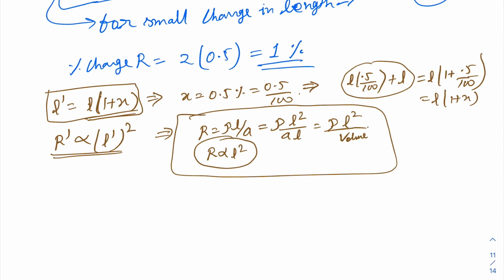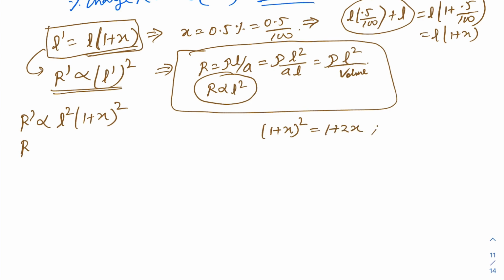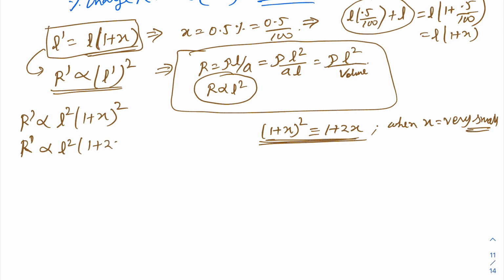सो इट इज वेरी सिंपल। ओके, वॉल्यूम कांस्टेंट हो जाएगा तो L स्क्वायर डायरेक्टली लिख सकते हैं। सो R डैश, L डैश का स्क्वायर हो जाएगा। सो R डैश डायरेक्टली प्रोपोर्शनल टू L डैश स्क्वायर, यहाँ से पुट कीजिए तो ये हो जाएगा L स्क्वायर इंटू 1 प्लस x का होल स्क्वायर। नाउ सिंपली आप लिख सकते हो, ये 1 प्लस x का होल स्क्वायर हो जाता है 1 प्लस 2x, जब x इज वेरी स्मॉल। यहाँ पर x वेरी स्मॉल लिए हैं, तो इसको हम अप्रॉक्सीमेशन कर सकते हैं। ठीक है, ये आप लोगों ने मैथमेटिक्स में बाइनोमियल डिस्ट्रीब्यूशन में पढ़ा होगा, वहाँ से आता है। ठीक है, तो R डैश इट विल बी डायरेक्टली प्रोपोर्शनल टू L स्क्वायर इंटू 1 प्लस 2x। सिंपल है।